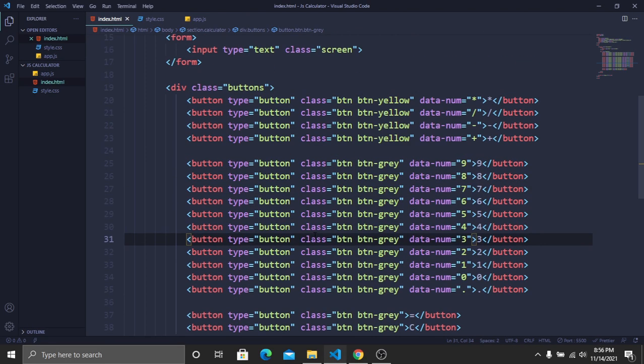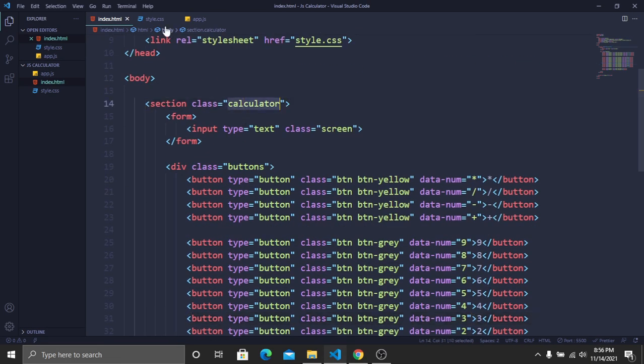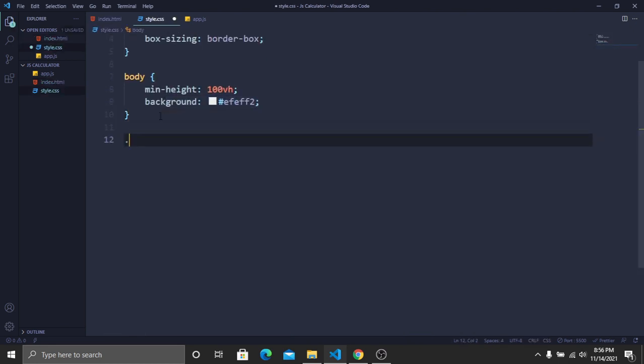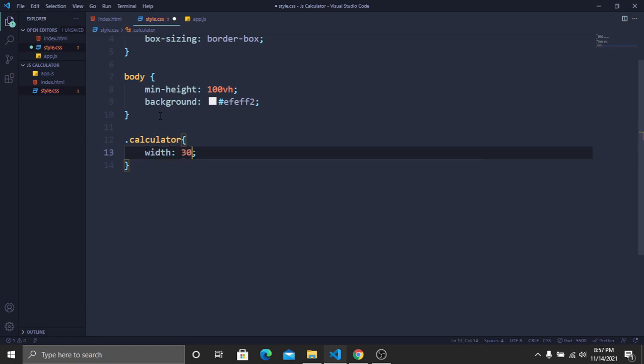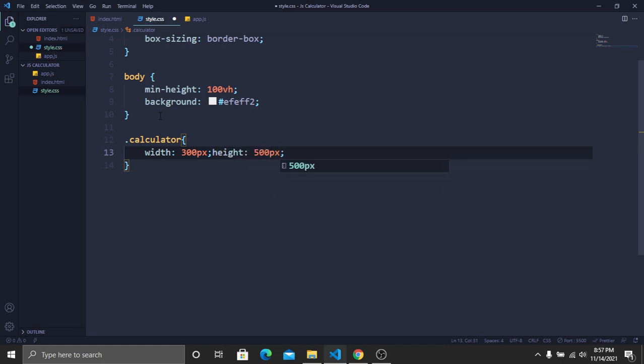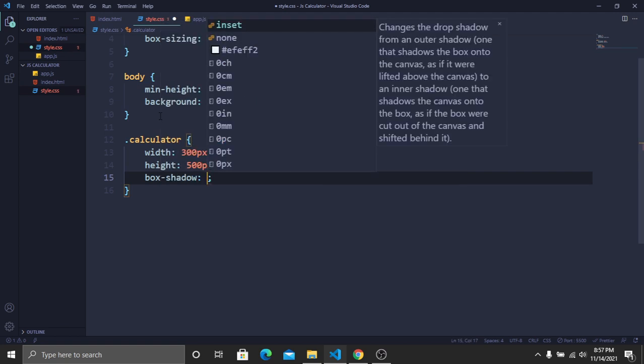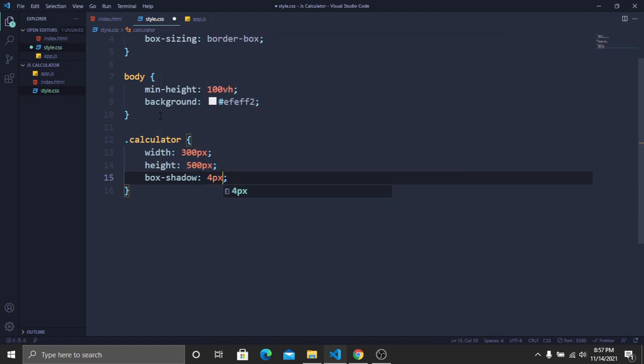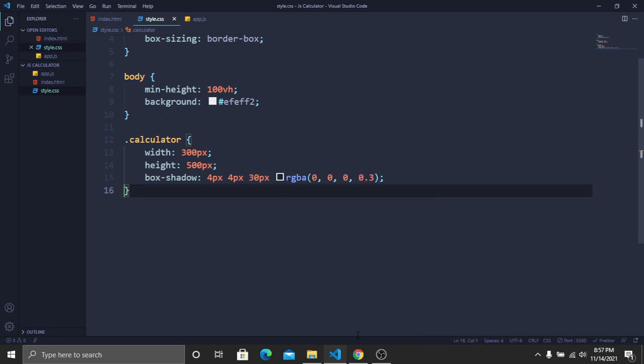Now we have to style this calculator. So for styling this one, let's go to our code, and from here copy this calculator class, go to our style sheet and then paste it here. First I will give a width, and the width will be 300 pixel, and then we have to add a height of 500 pixel. Then we have to add a box shadow, and for the X it will be 4 pixel, for the Y it will also be 4 pixel, and for the radius it will be 30 pixel, and we have to add an RGB value. That's it. Now save and go to our website. Here you can see that we now have our calculator, and this calculator has a width of 300 pixel and